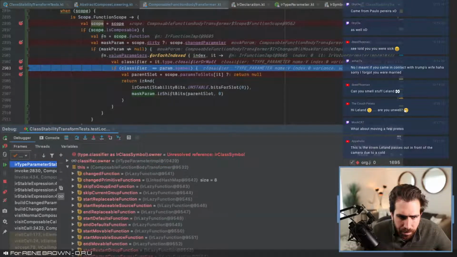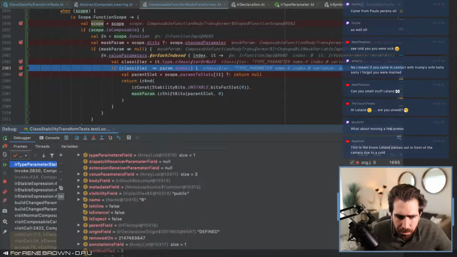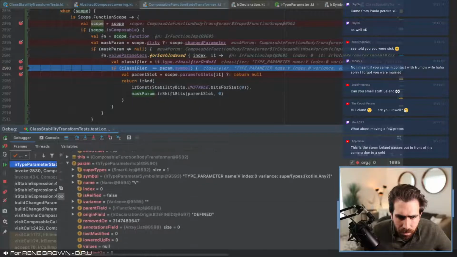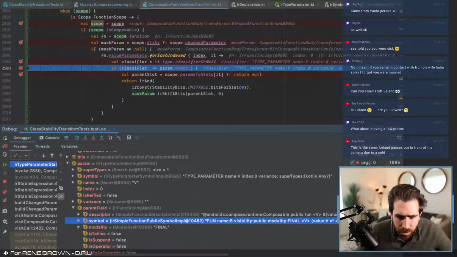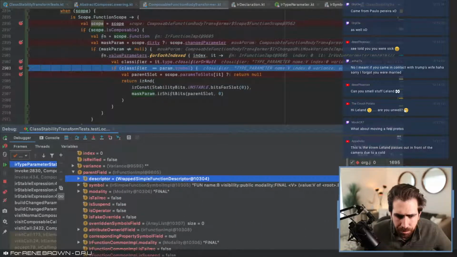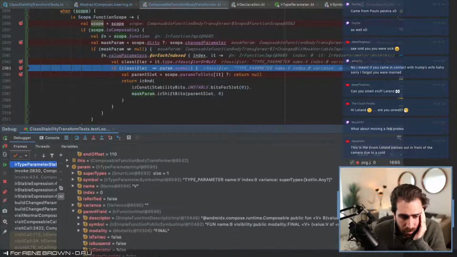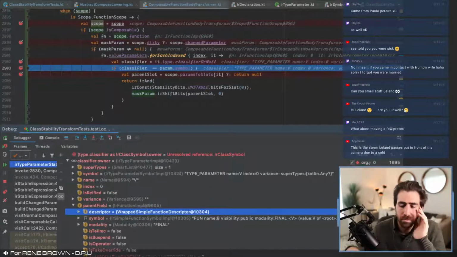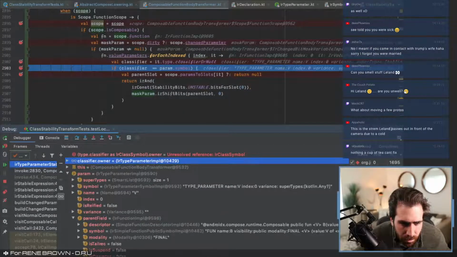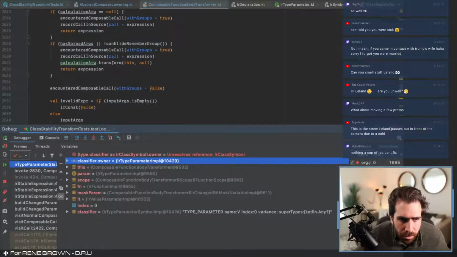So 9596, 9605. So even that's different. So this is function B. This is also function B. But this is the wrapped one, and this one is not. Oh, you know what? Well, shoot. Okay, let's see. We've got, I wonder if,